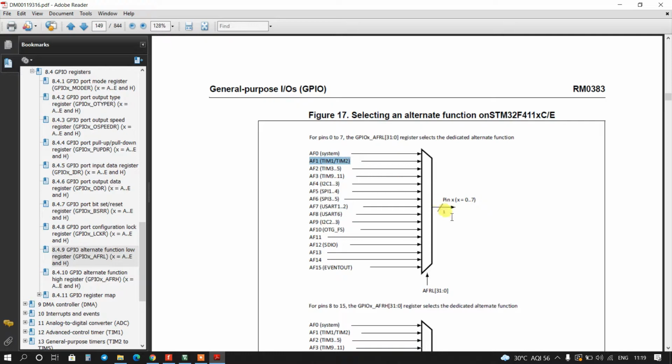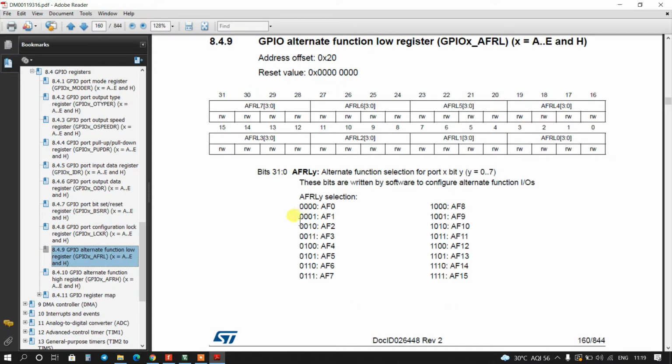Because the pin is 0 to 7 and I am using the 5th pin, it will be low, right? So again go to alternate function mode. I am using the 5th pin, so bits 20, 21, 22 and 23 are dedicated for the 5th pin.